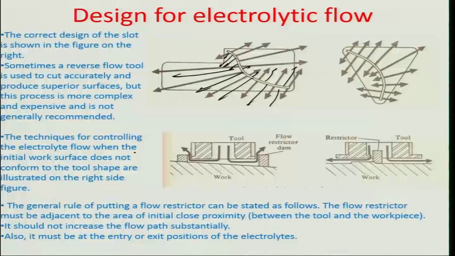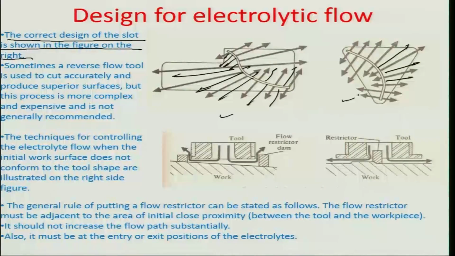Similarly, because of a smooth chamfering and a curving of an otherwise available corner between the slots, the full coverage of the electrolyte is seen in this particular area. So the correct design of the slot is shown